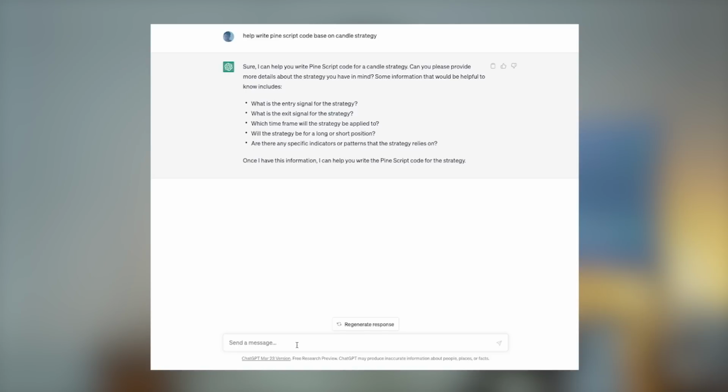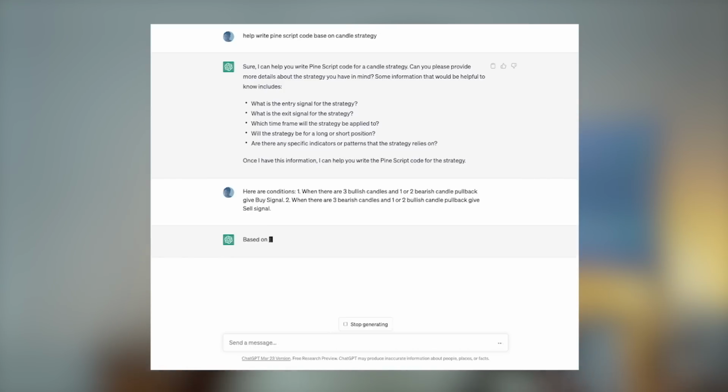First off, we are going to start with ChatGPT. I asked ChatGPT to create a strategy based on some specific conditions, like it's going to follow the trend when the trend is going up or when the trend is going down. I asked it to follow that trend by counting the candles, how many green candles, how many red candles, and then based on the candle pullback, we check on that pullback, and then we are going to trade on that specific trend after the pullback. This way it's pretty easy to allow ChatGPT to understand the strategy, and then it prints out the code